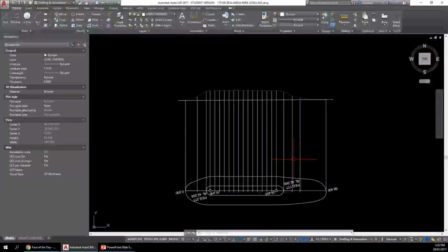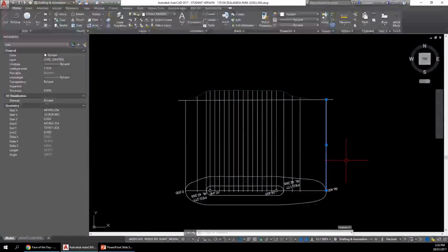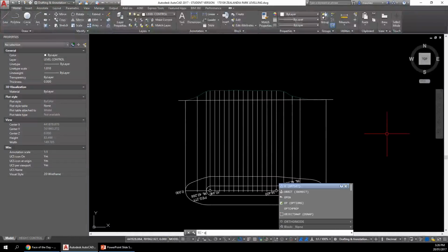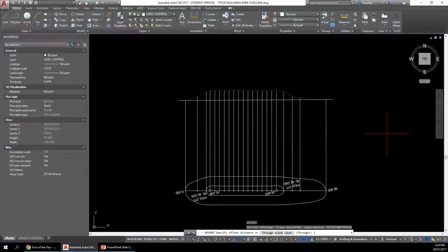Now you can see here, this is actually 0. If we take this height here, looking at the properties, 38,473, that's the height, but there's quite a bit of gap there, and we're going to possibly exaggerate this here. So what I'm going to do is go offset, O for offset, and I'm going to offset 30 meters,